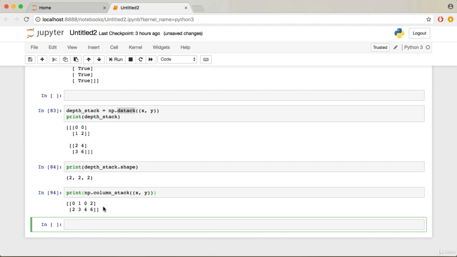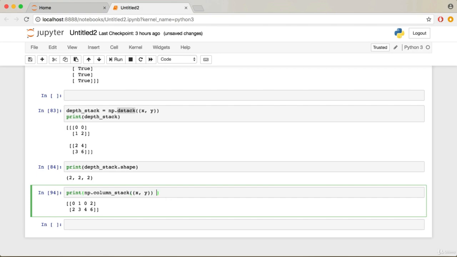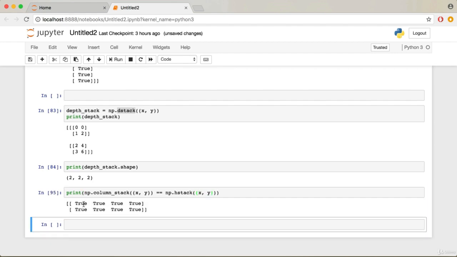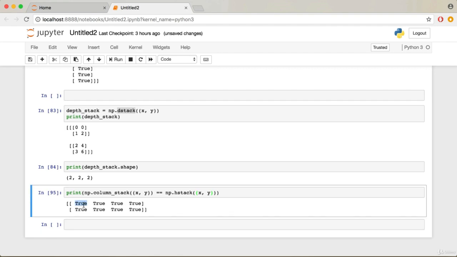We can actually check if this is equivalent to horizontal stacking with the comparison operator, and we will compare it to a horizontal stack, np.hstack, taking in a tuple of x and y. The result is an array that returns true for every comparison between each respective element that composes both the horizontal